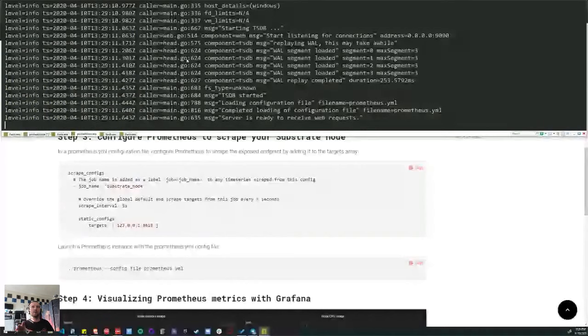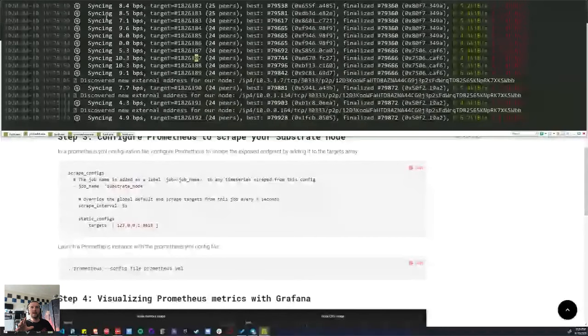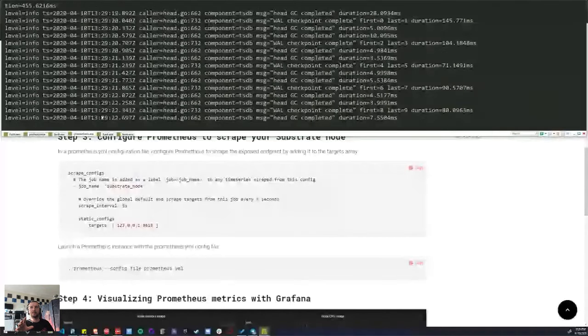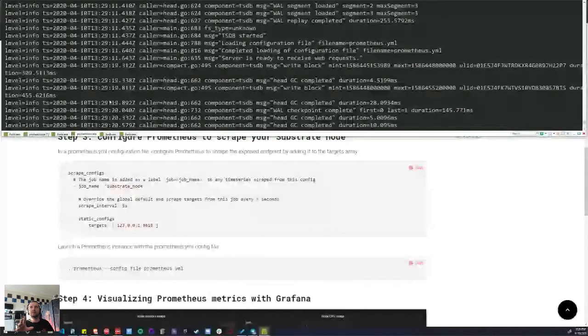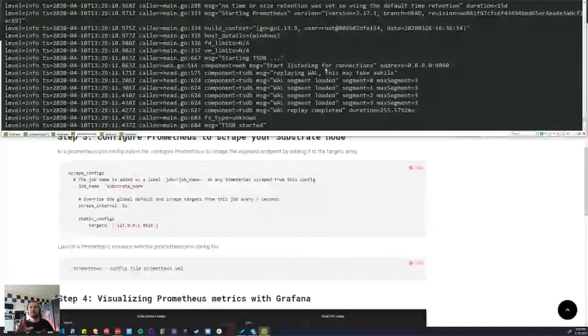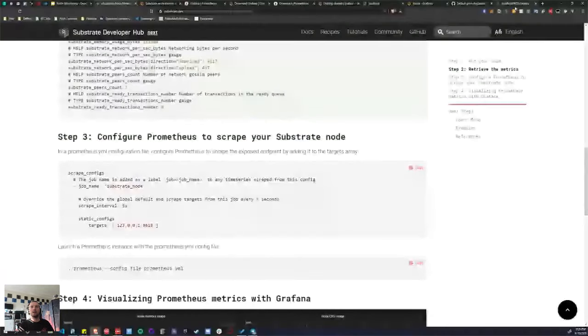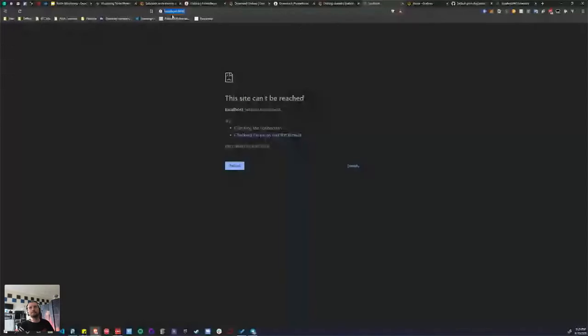Now Prometheus is constantly listening for new data from the node, and it's saving it in the database. You can actually see this in action by going to the URL that it announces at the start when you start it. It's the address 0.0.0.0:9090. That's also localhost or 127.0.0.1:9090. And we can check this out. I think I have it open here somewhere. Yeah, there we go. All right, so if you open localhost 9090,